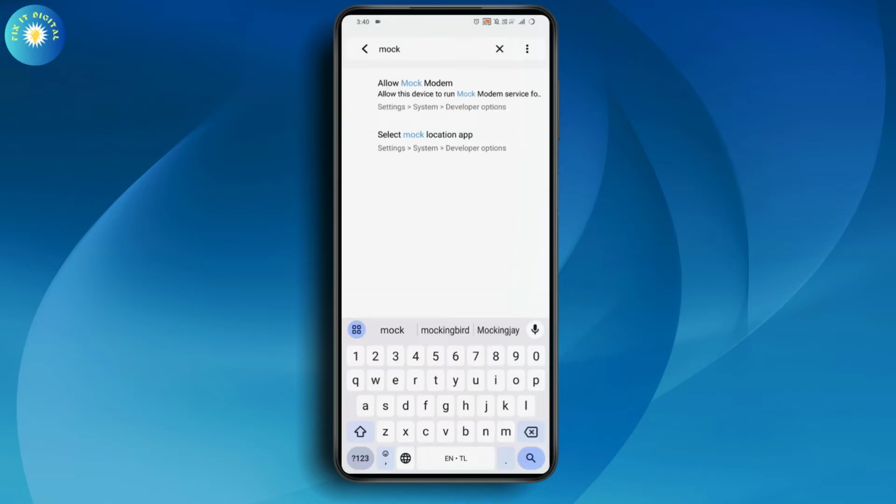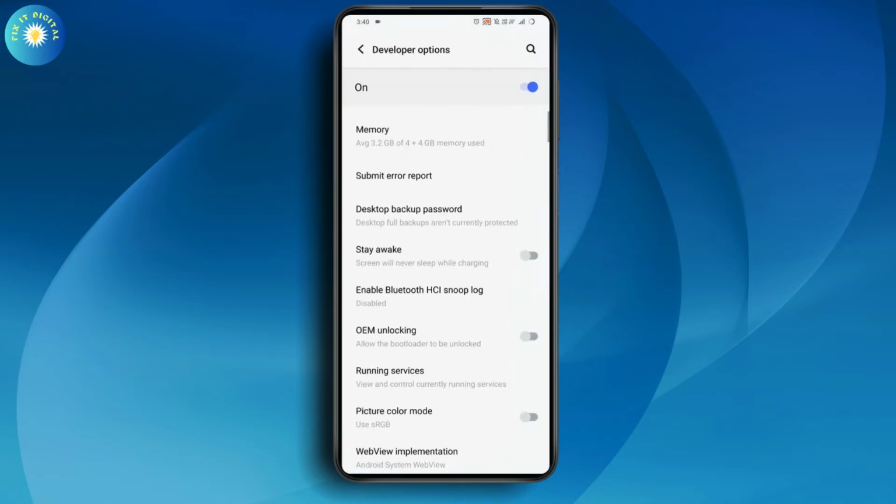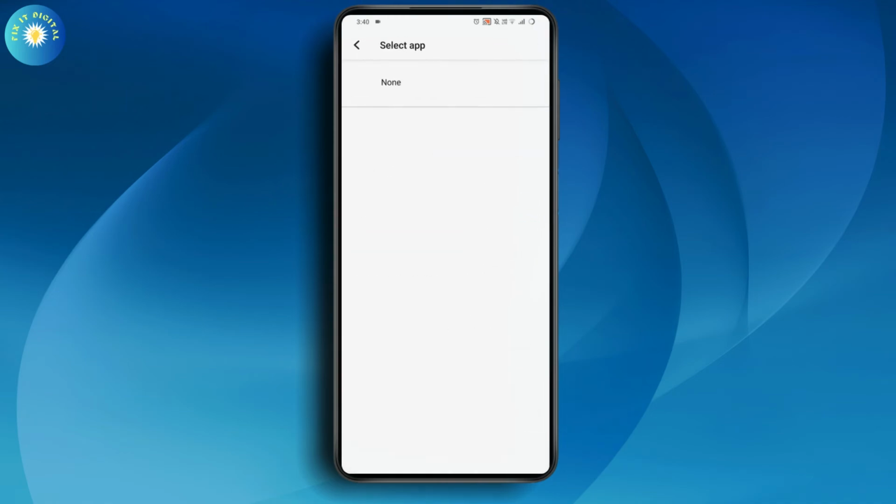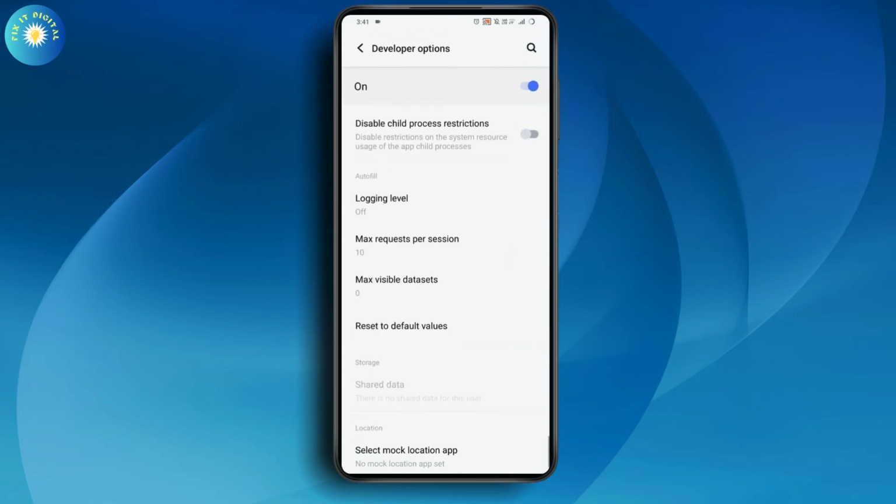So you can just simply go with your settings, and here you can search for select mock location app. You can just simply tap on it and it will take you to the mock location app. So you need to just go and select the application that you've just downloaded. And once you've selected the application that you've downloaded, which is the fake GPS, then you can just go back